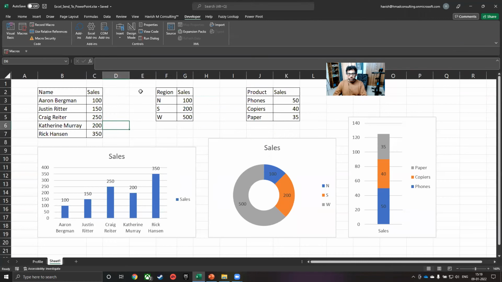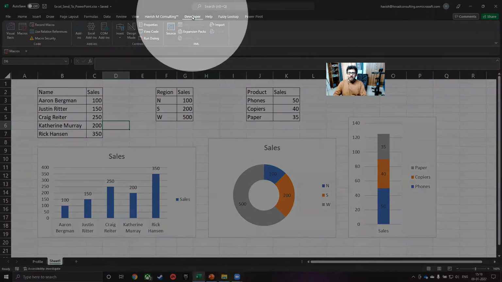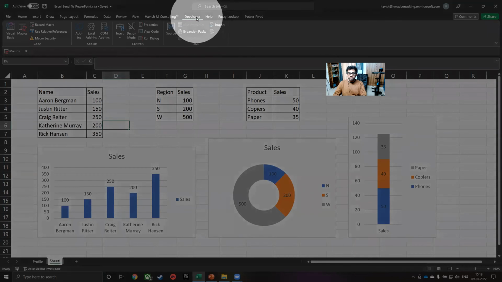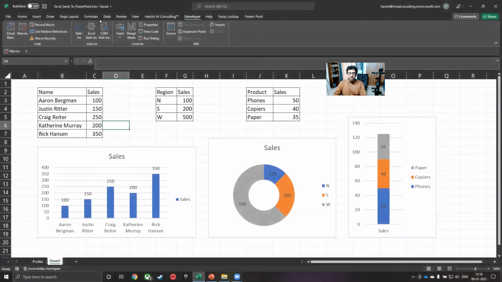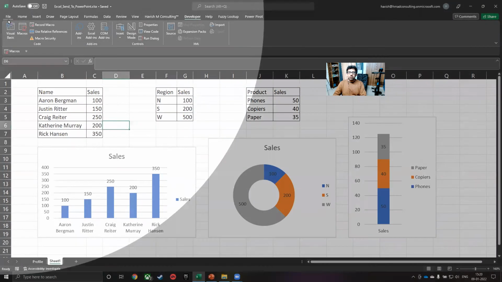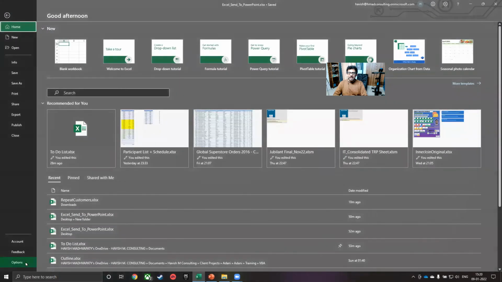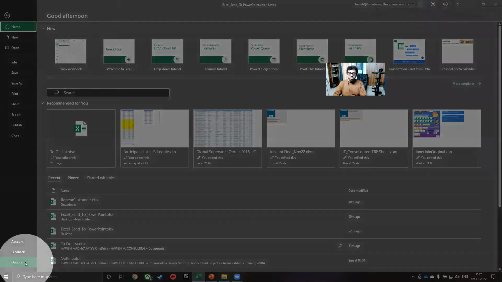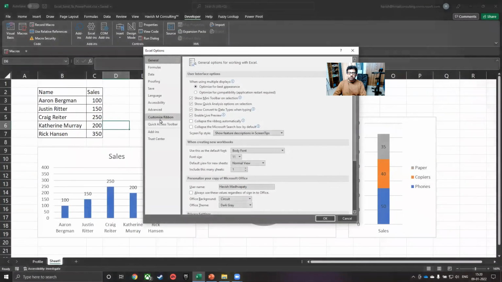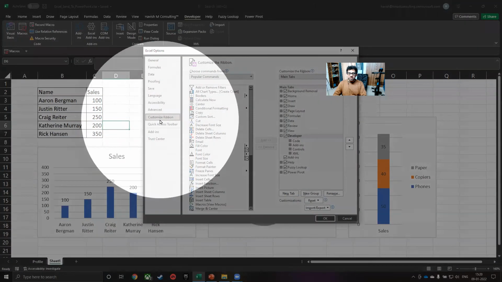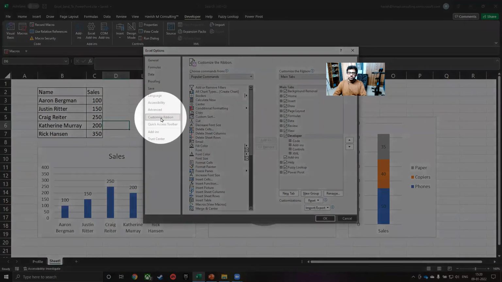Since we are going to work on Visual Basic, you will need to enable the developer tab. To do that, go to File, and then at the end, select Options. Then go to Customize Ribbon.